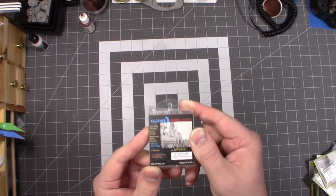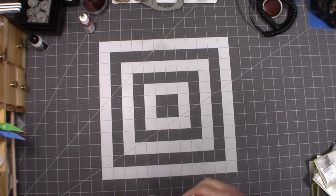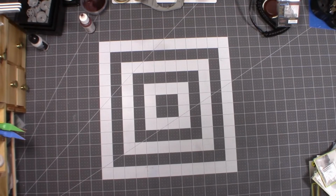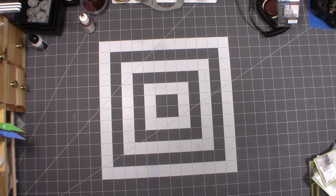5-inch 38 caliber dual purpose guns without the blast bags on a ring mount for my North Carolina. I got those, the resin and brass. I got some quad mount Bofors 40 millimeters. I got some 20 millimeter Oerlikons, but I was stuck with the plastic barrels for my 16-inch guns. You know, I got the 16-inch 40 caliber guns, and I'm like, man, I wish I could get some metal barrels for those to go with all my other guns. You know, as I got the brass Oerlikons and the turned brass barrels for the 5-inch 38s,